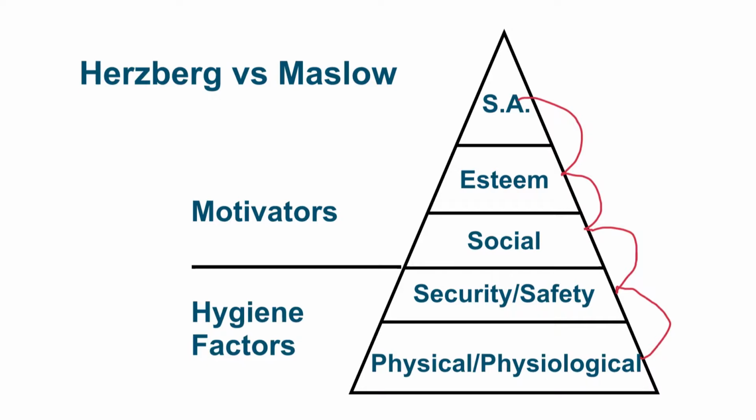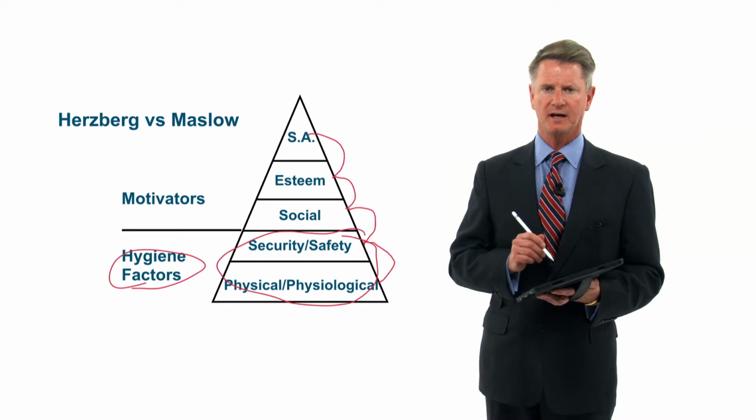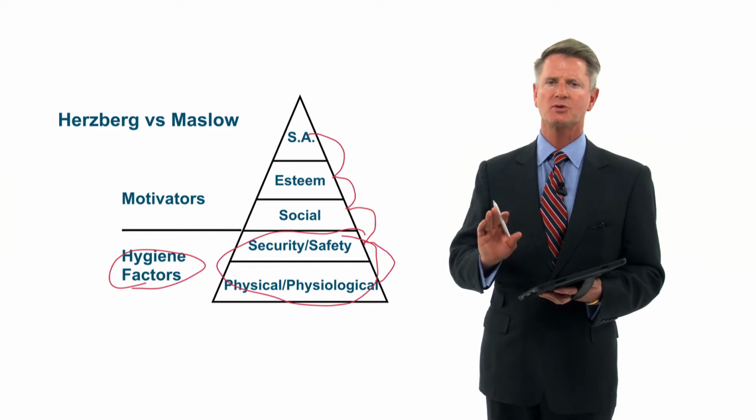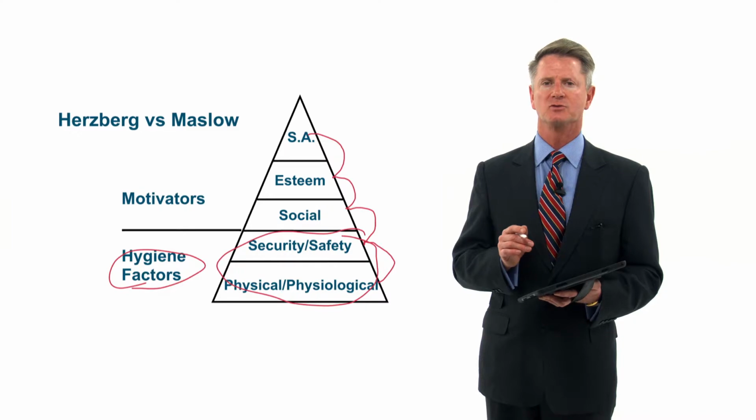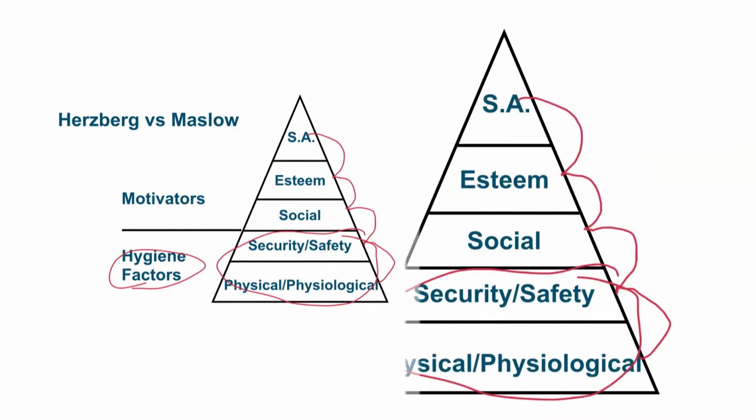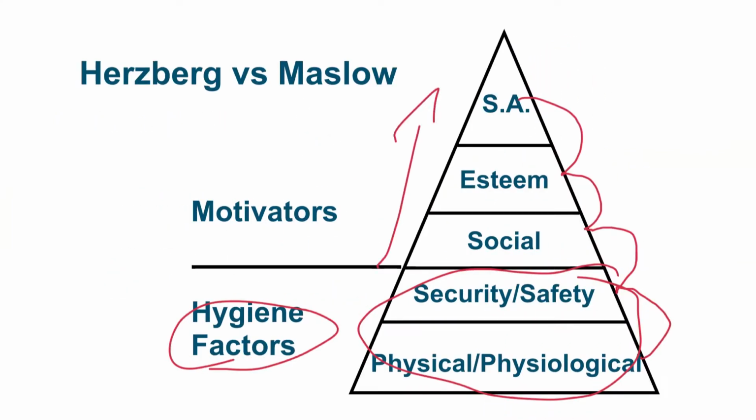Herzberg said, no, there's something uniquely different about the lower level needs. And he called these hygiene factors. And he said these can't motivate us, but if they're not handled properly, they can demotivate us. And from a distance, those two things can look the same, but there's actually an important difference that managers need to understand. The needs in the upper section, social, self-esteem,